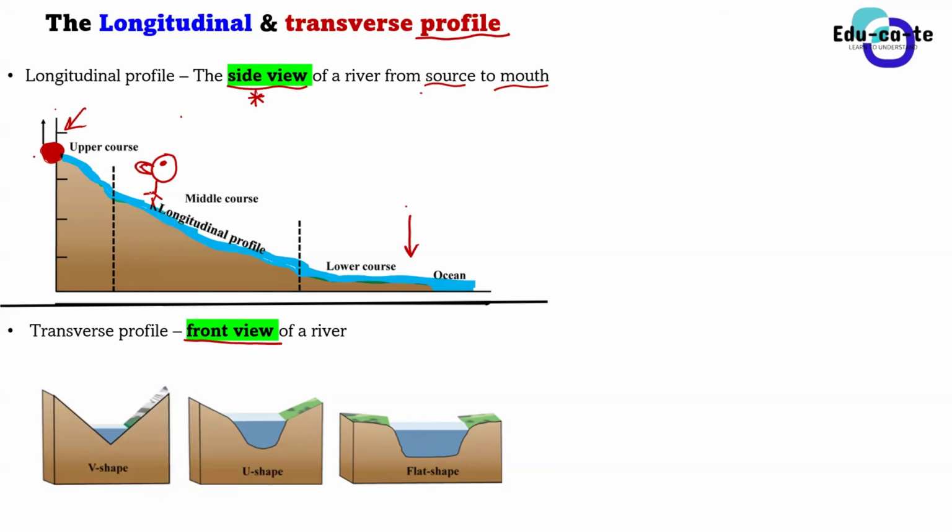What is a transverse view of a river actually? It is a front view of a river. You are viewing the river from the front. What can you see from the front? It's like you are getting inside the river, guys. If you have once been in villages, you know that you can get inside the river. If you are inside the river and you are looking at the river from where it's coming from, or where it's going, that is you seeing the transverse profile.